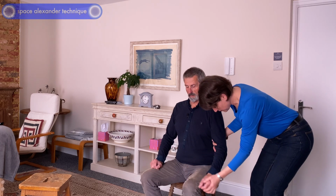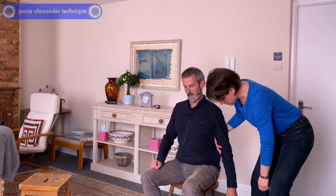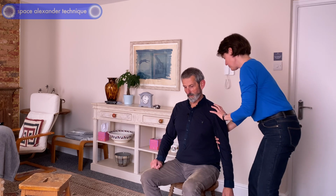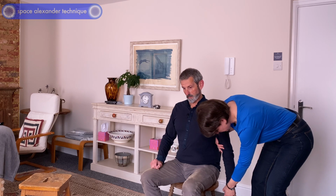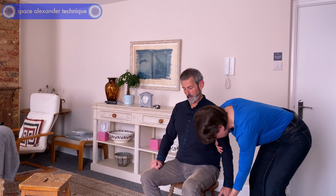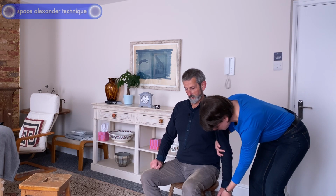Let's see what these hands are doing. Arms are one of the busiest parts of anybody because they're the doing things, aren't they? So you just let your arm drop. They're always attached, they're not going to fall off, hopefully. So you can point your fingers actively towards the ground to counteract the doing, and then just turn this. Imagine a beam of light coming out of your palm. You turn that beam of light towards the front, and then you'll get this